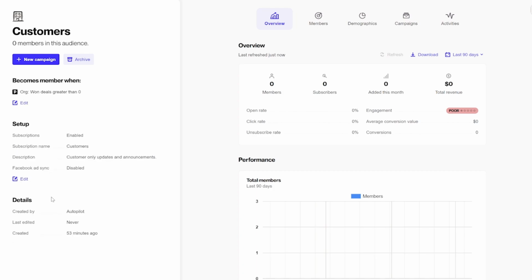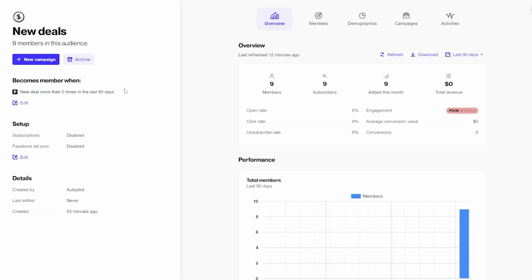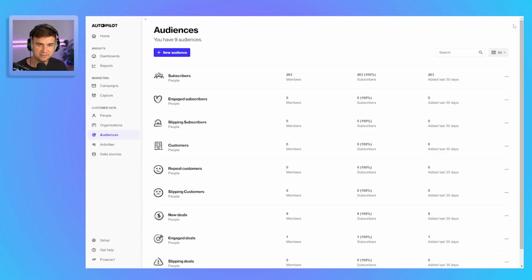You can also sync the audiences to Facebook ads, and that allows you to retarget or do lookalike targeting on these audiences. So for example, under your new deals audience, you might want to sync this with Facebook to try and do some lookalike targeting so you can find other potential customers and obviously over time get more and more deals. And there's a treasure trove of information you can learn in here about each audience, like when that audience is most likely to open an email, where they're located, and various other